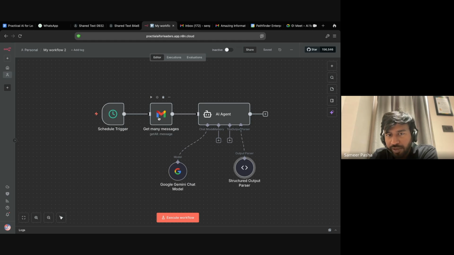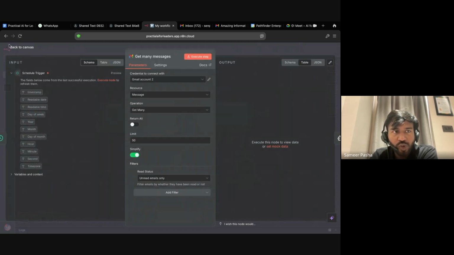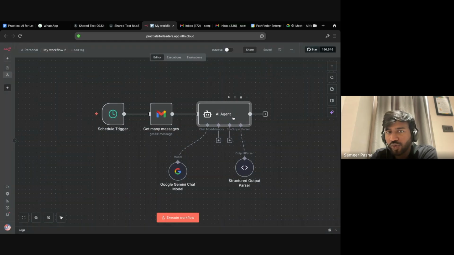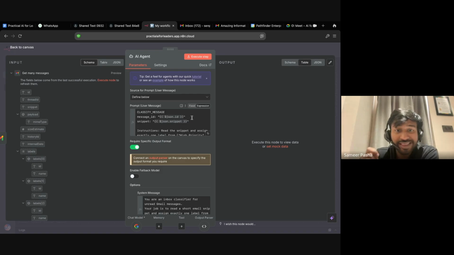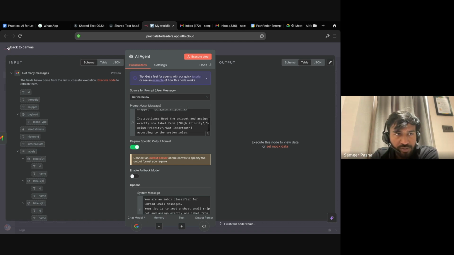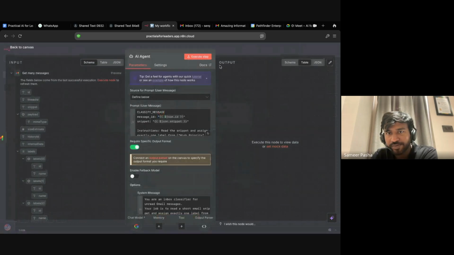Since for us to label any email, we want two things to figure out which email we are talking about. Message ID is the email that we are talking about. Basically, it's a unique number or unique code each email has. That's the message ID, right? Snippet is the message, the content of the email. And now, if I run it,